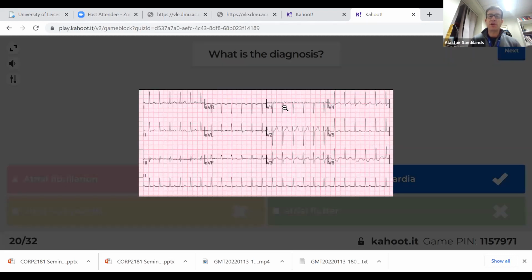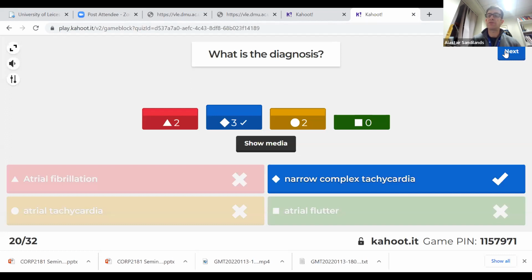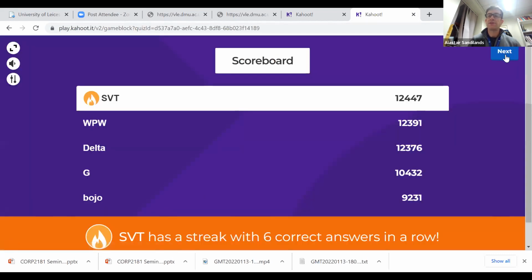Now, possibly there may be some P wave just buried in there. I think when I've looked at this, it might be AVNRT, it might be. I'm just trying to think. What was,